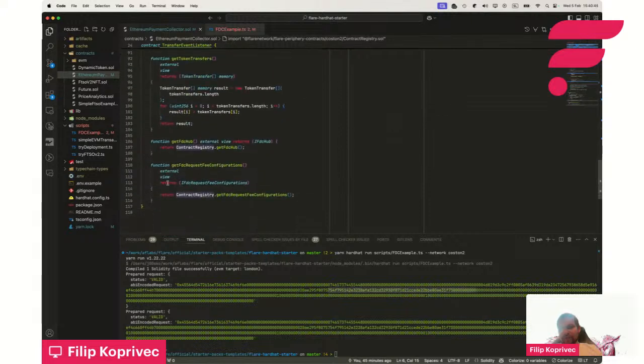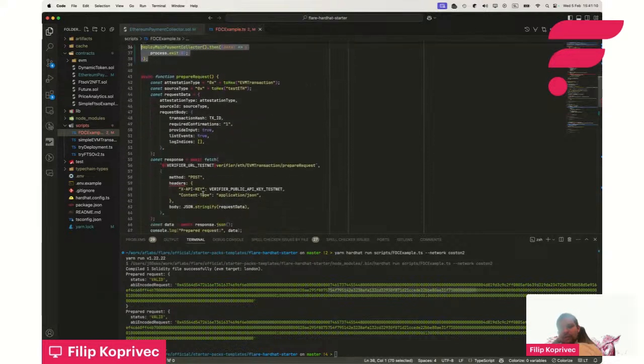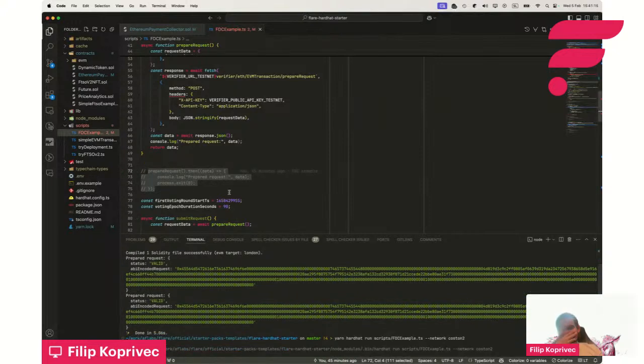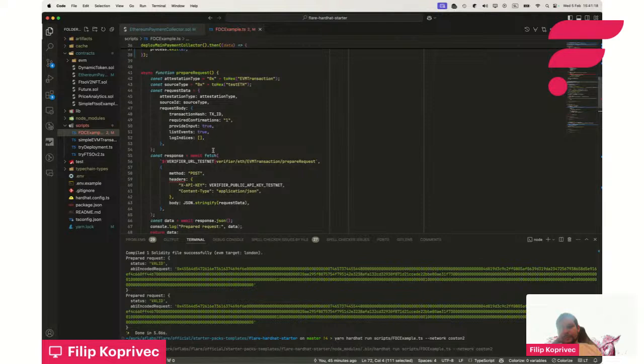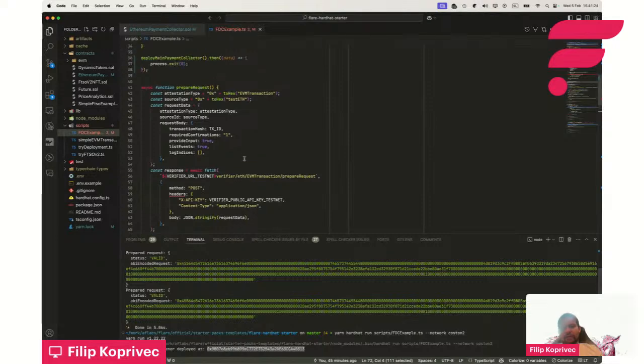So I've pretty much upgraded my payment collector with two additional helpful functions. One just returns the FDC hub from the contract registry, and another one returns the fee configuration, which you can use in a more advanced mode to provide specific fees for the FDC request so you don't overpay. But we're going to disregard this this time. Okay, so what I'm going to do is firstly deploy this payment collector so that we can work through the contract and don't have to worry about the addresses. So I'm going to deploy the payment contract. Okay, so it's deployed at this address. I'm just going to